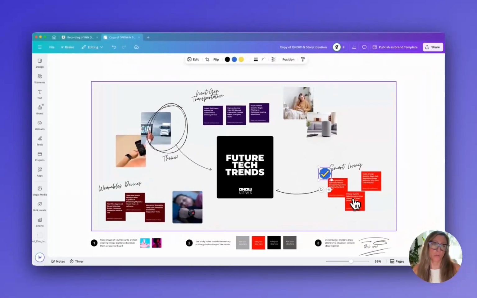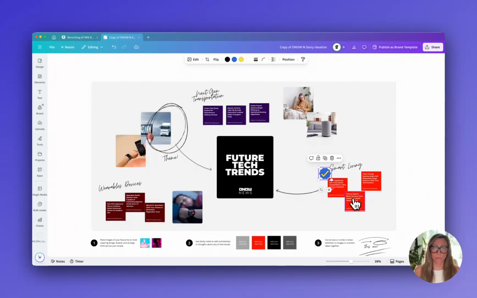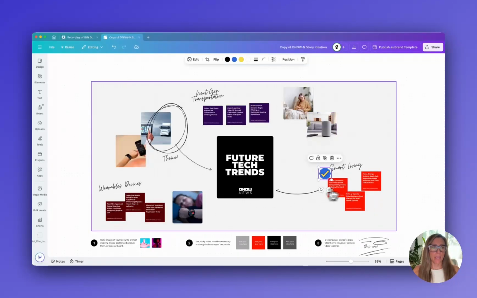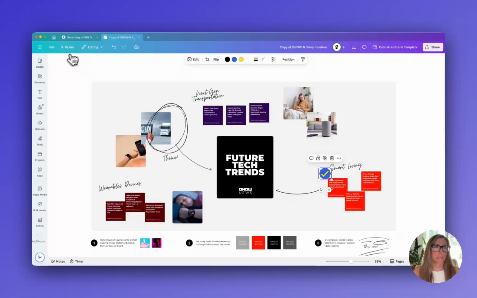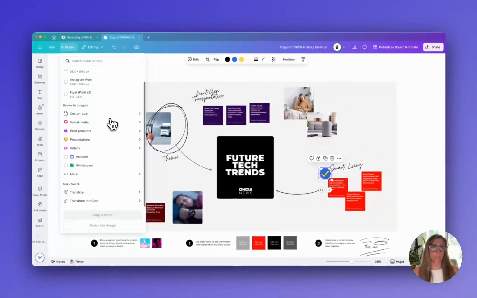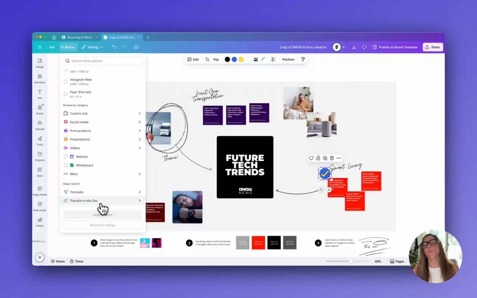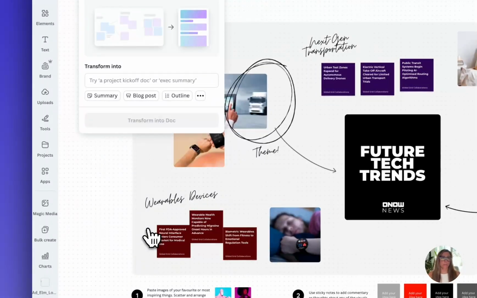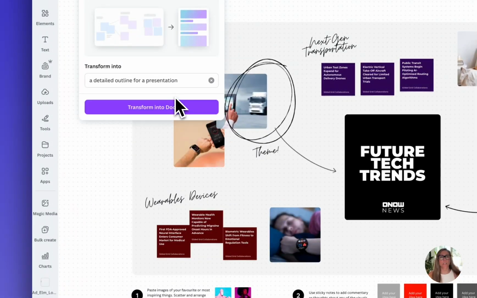Great. Now we've got an overview of our stories. So we've got 3 story ideas, 3 themes. We've got some headlines for each of them. We've brought in some images, so we have some ideas of what we want this to potentially look like. And now what we can do is ask it to take the content from this and transform it into a doc. So we don't even need to take this and move it into a doc ourselves. It will do that for us, and we can ask for it to do an outline,